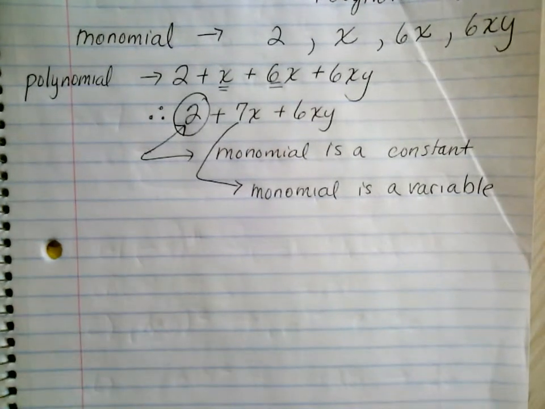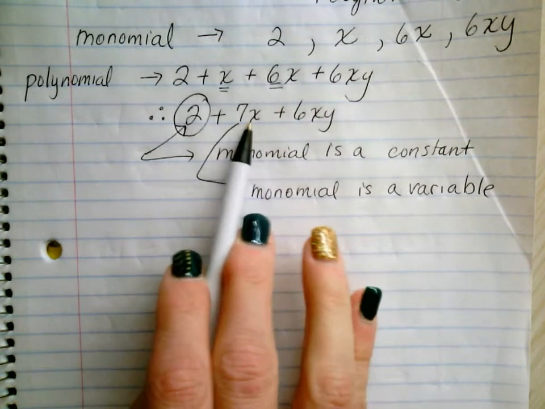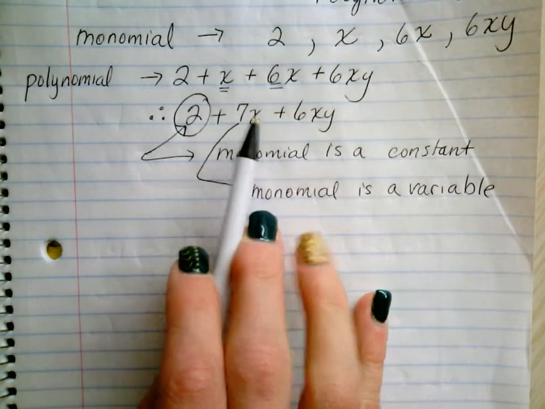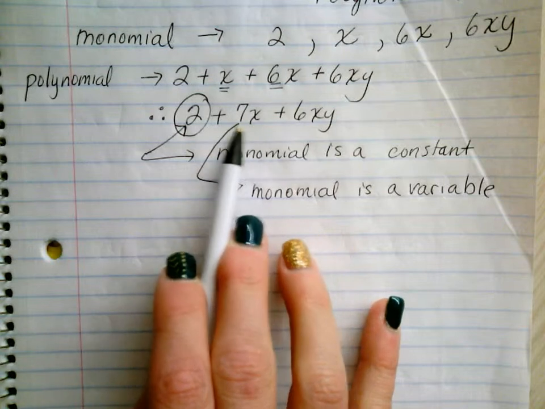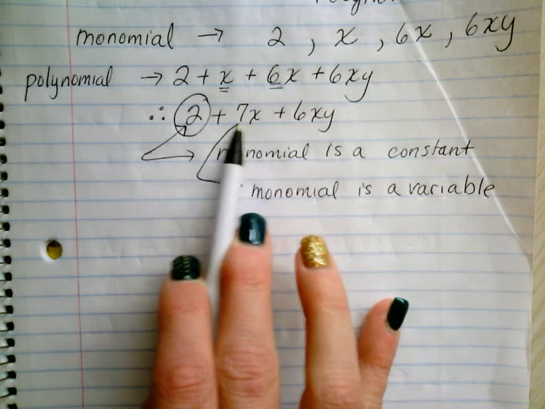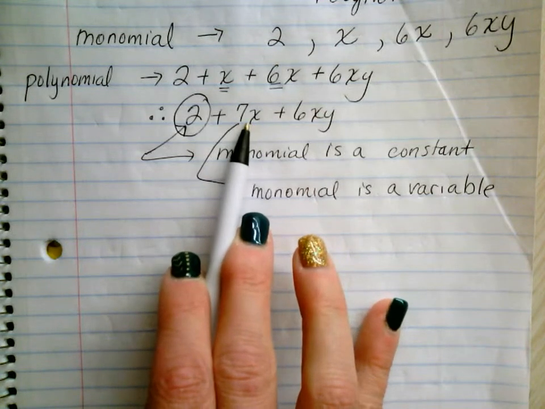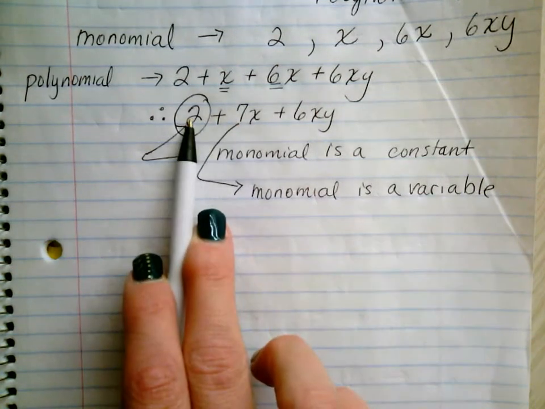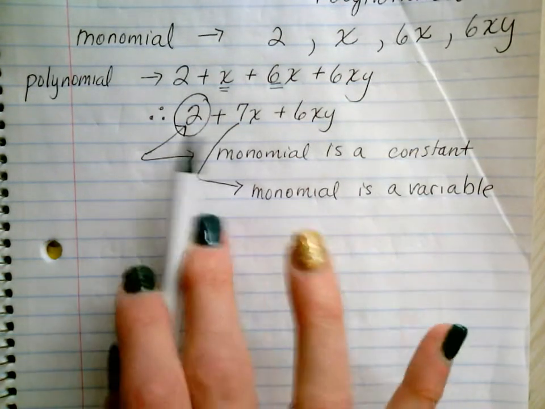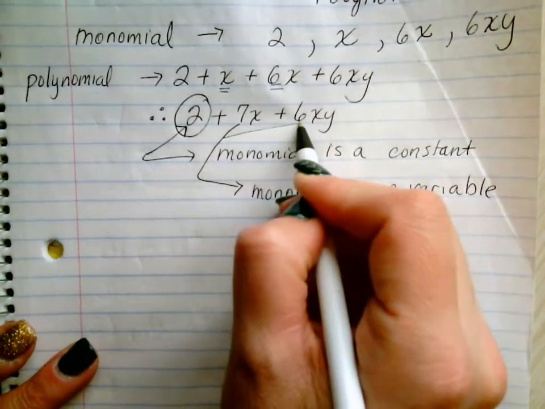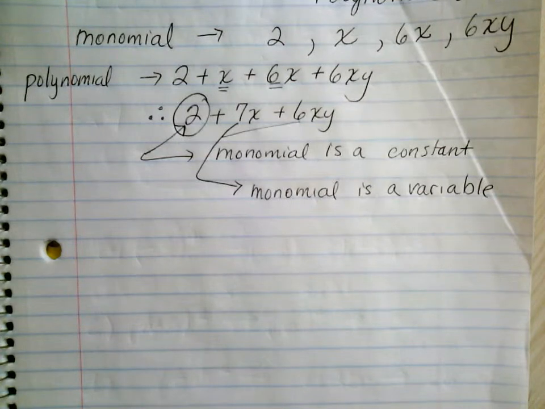Okay? The reason for that is the value of this is based on what x is. So 7 times x, well, what if x is 1? Then the value of this is 7, right? But what if x is 2? The value of this becomes what? 14. Okay? So it's very important that you recognize that 2 has a constant value, therefore it's a constant. 7x and 6xy, for that matter, is a variable because it varies based on what the values of the variables